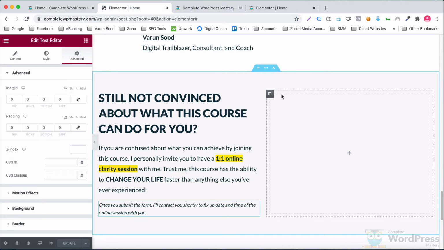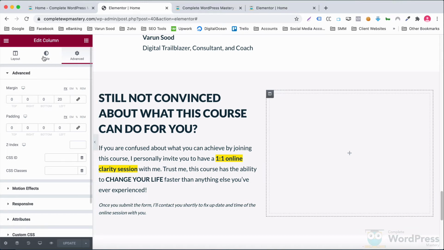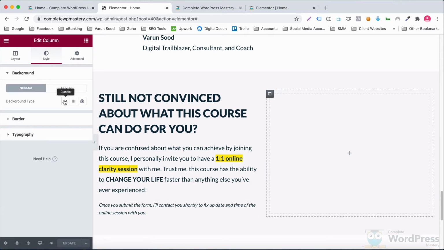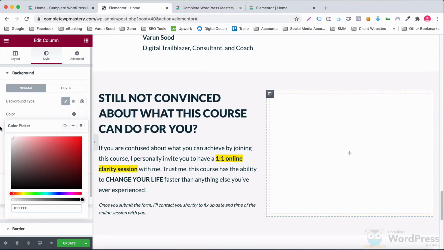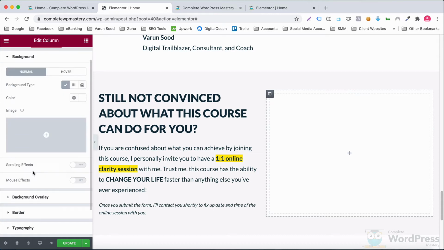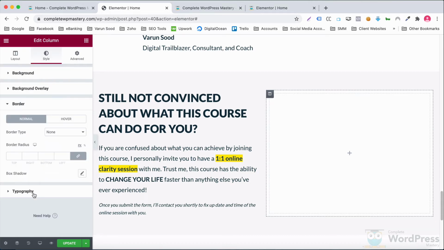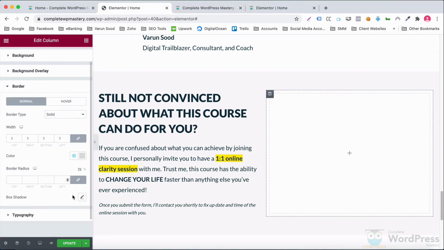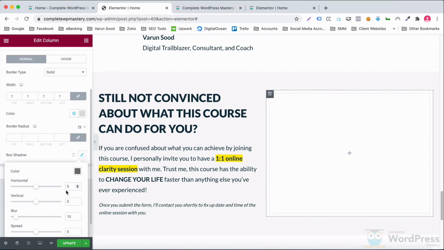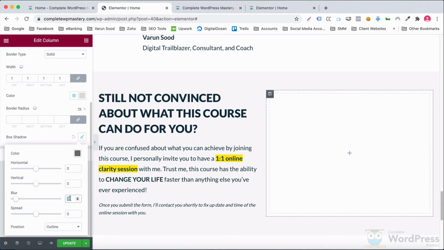I'll have a white background for this column. And also specify a solid light gray border 1 pixel wide on all sides. Let's also have some box shadow to make this column more prominent on the page.